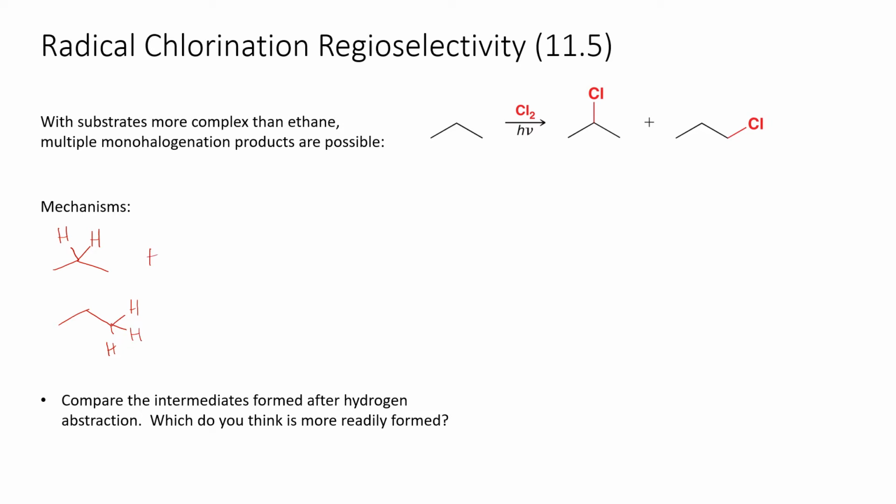So now we have our chlorine radical. And so we can do a hydrogen abstraction. So here, we can have homolytic cleavage to give us